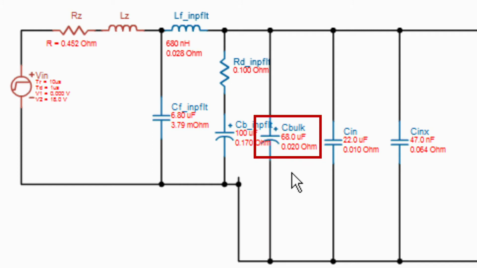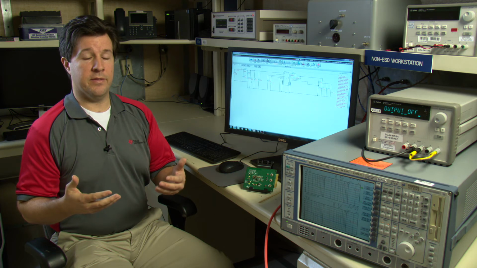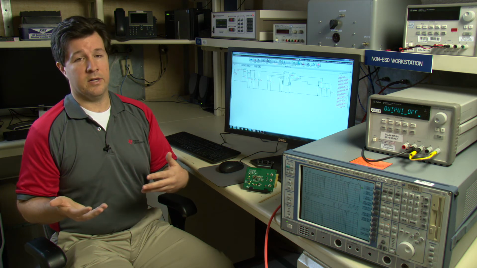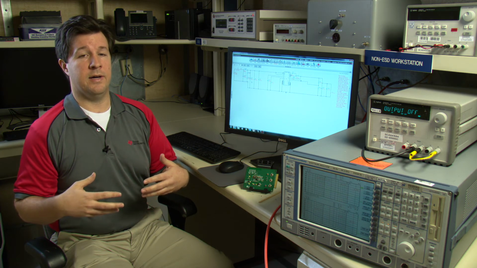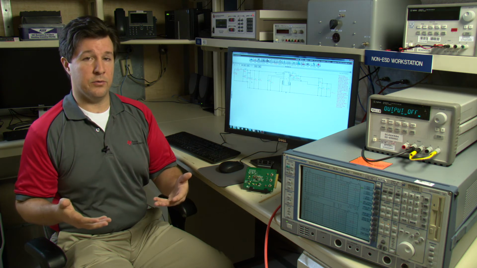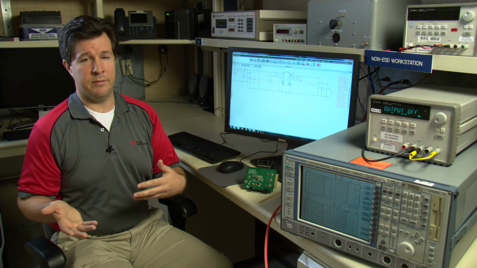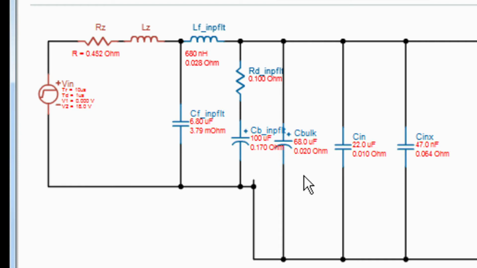Why did it add the electrolytic? What happens with an LC filter is if the resistances of the inductor and the capacitor are fairly low, it has a high resonance or a high Q. The high Q can cause problems with stability of a buck converter. So generally you'll add an electrolytic or other capacitor which has a high capacitance but also a high resistance, and that tends to damp the filter so that we don't get a resonance issue between the input filter and the buck converter.